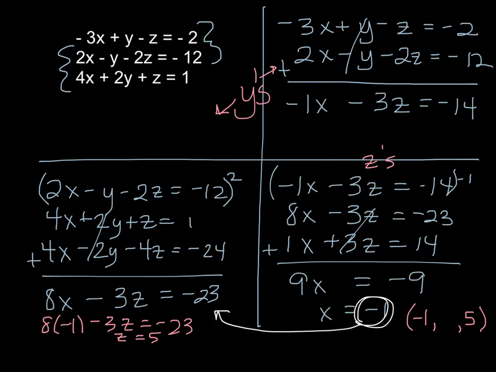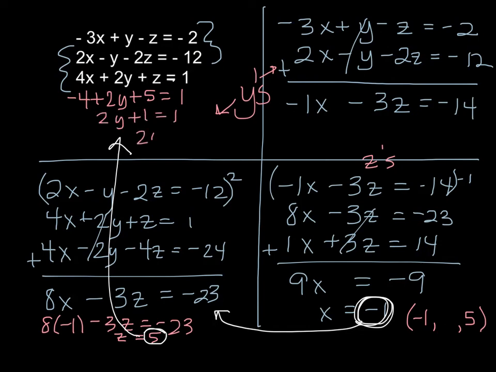So to do that, I'm going to take this z of 5 and this x of negative 1, and I'm going to plug both of them into this bottom equation way up here. So instead of 4 times x, it's going to be 4 times negative 1, or negative 4. Instead of a z, it's going to be a positive 5. And what I'm going to do is solve for my y. So negative 4 and 5 becomes 1. If I minus that 1 over, I get 0, and if I divide by that 2,